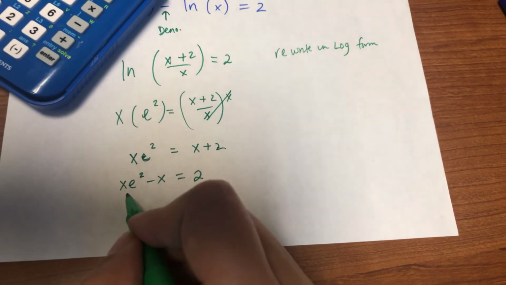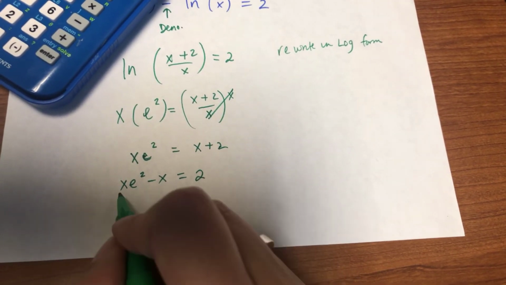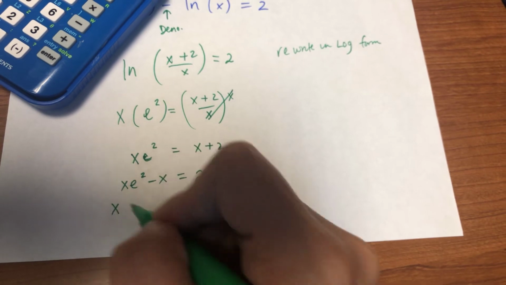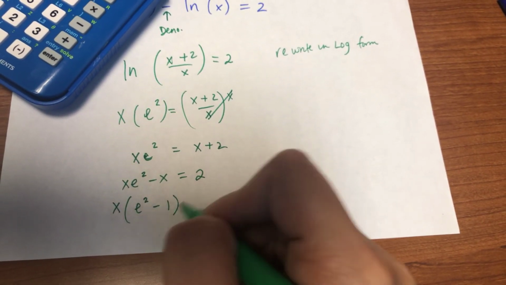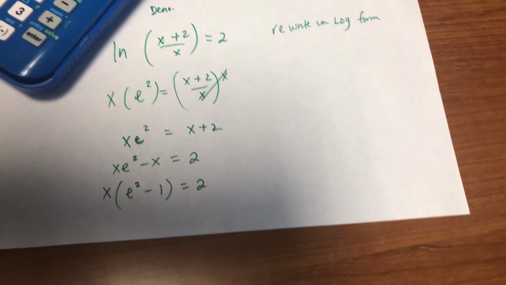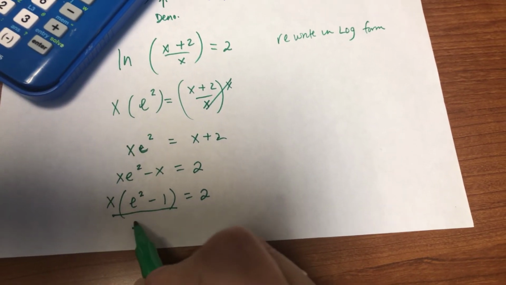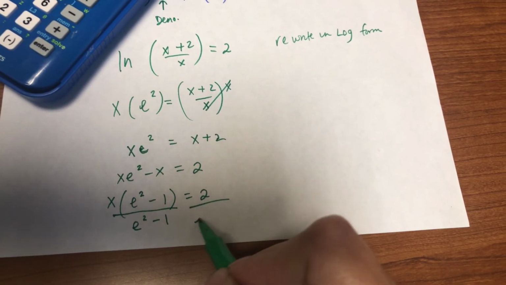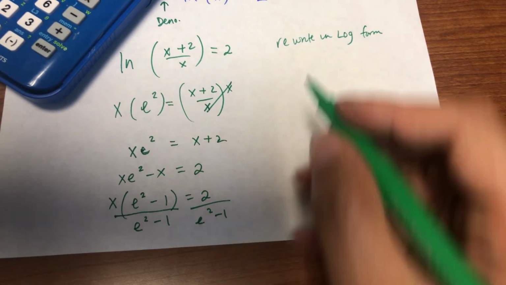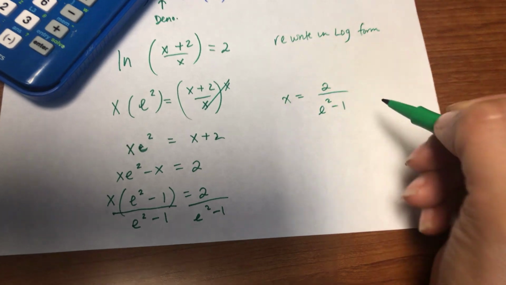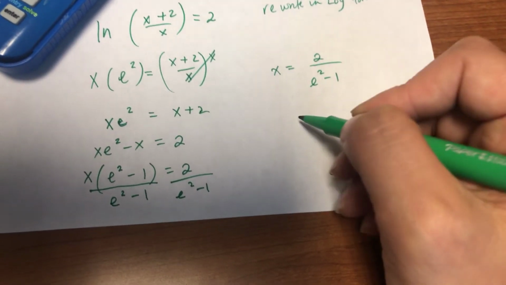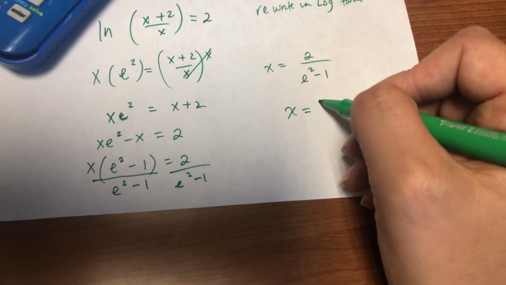Anytime I have multiple terms that have a common factor, I could factor it out. So I'm going to factor out an x. That gives me x times e squared minus 1 equals 2. And now I could just divide both sides by e squared minus 1. And so my answer is x equals 2 divided by e squared minus 1, and we're allowed to round on this one. So it gives me x equals